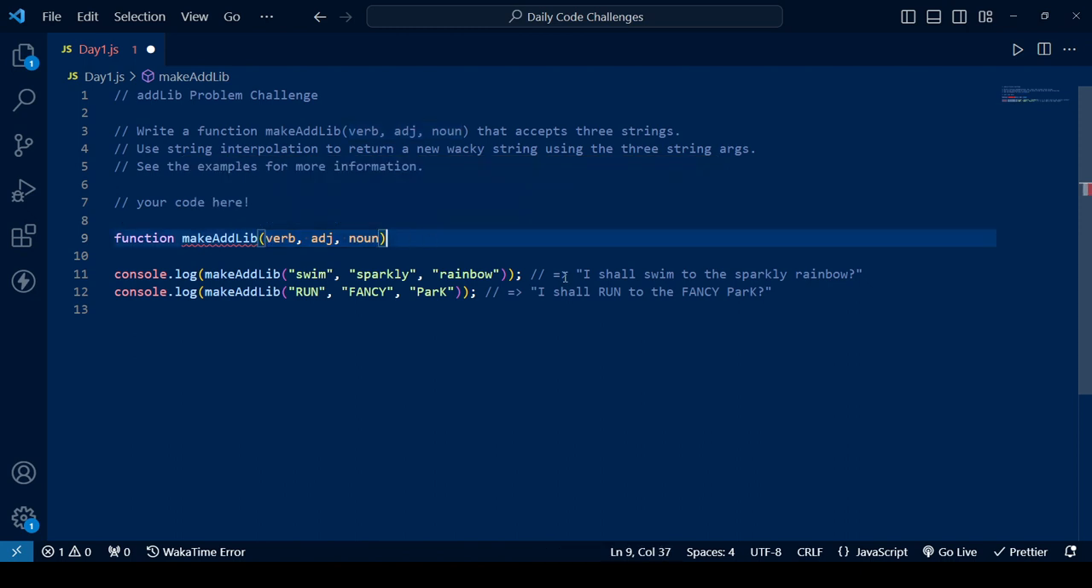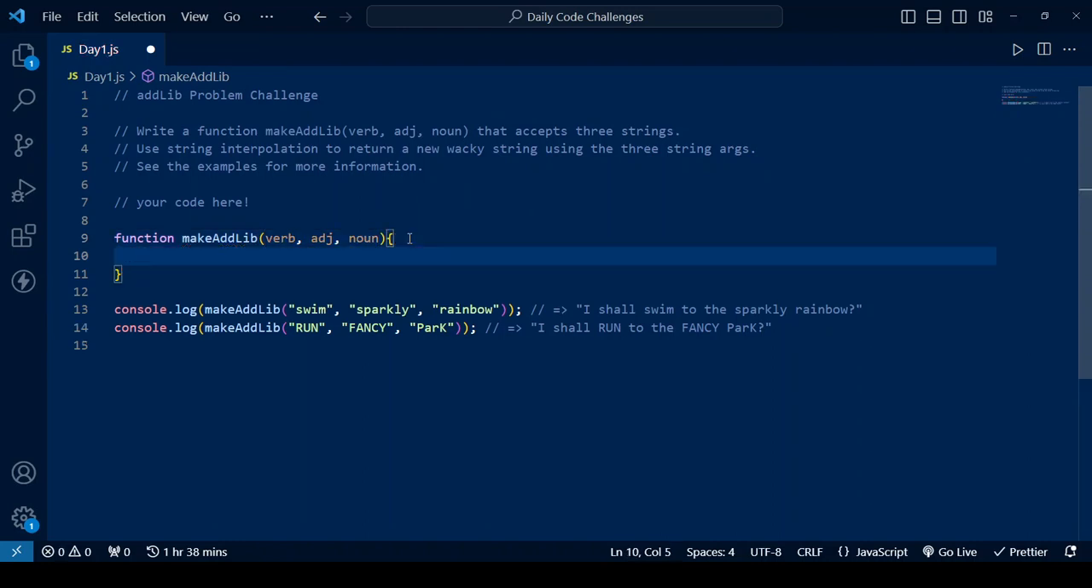What we actually expect is that after we've written the function and we pass in these three arguments, we are expected to get this string as our result. And also for the second example, when we pass in this argument, we are expected to get this string as our result also. So let's proceed. We've named our function make add lib, with verb, adjective, and noun. So what we do now is